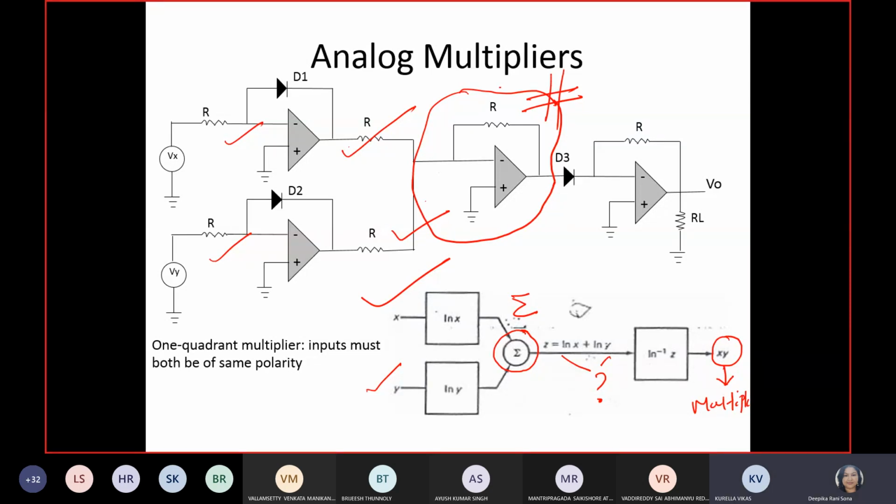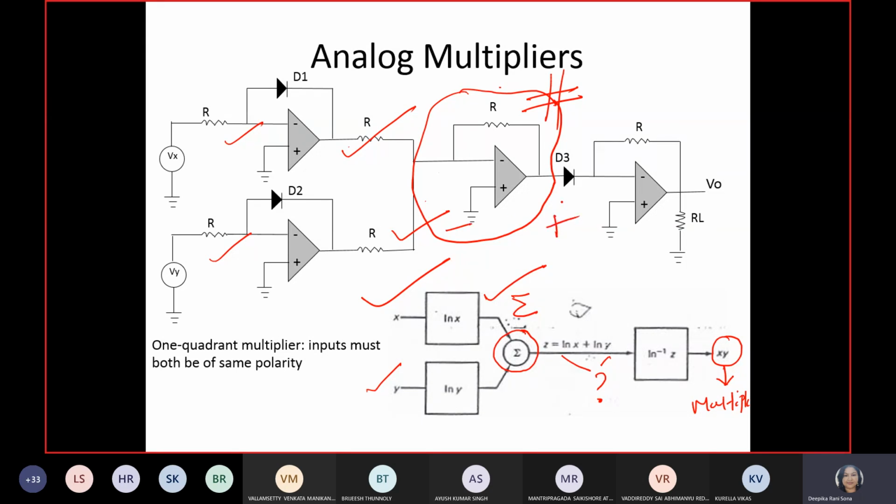Yeah, to get that positive output, what kind of circuit we need? Inverting one. Yeah, inverting. That is the main point. That's why I have kept two different circuits for you. This is the circuit to get the basic idea, and this is the elaboration of your point. Exactly, practically what type of circuit you have to implement to make that negative term become positive.